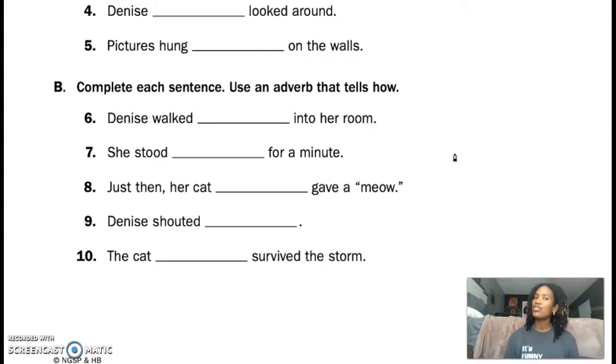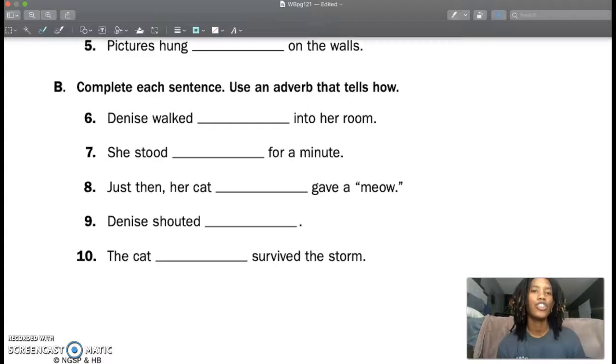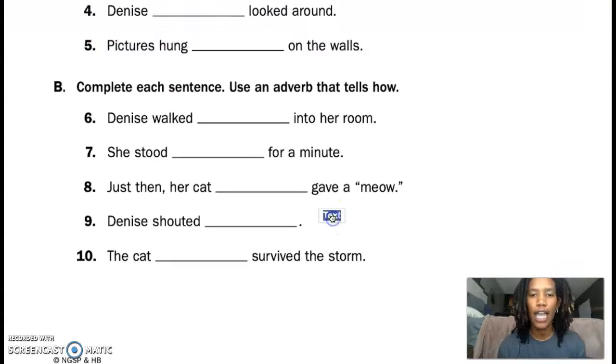Okay. I'm trying to think of some places where you can find some adverbs. If you type into Google, list of adverbs, you should be able to find something. Now you can't just use any adverb. It has to make sense. So let me show you. Denise walked blank into her room. Let's see. She walked, let's see. How did she walk? She walked quietly. I like to use quietly because a lot of people understand it. Denise walked quietly